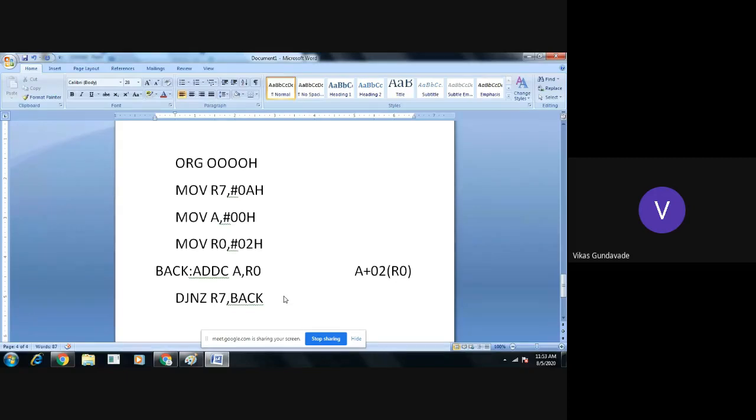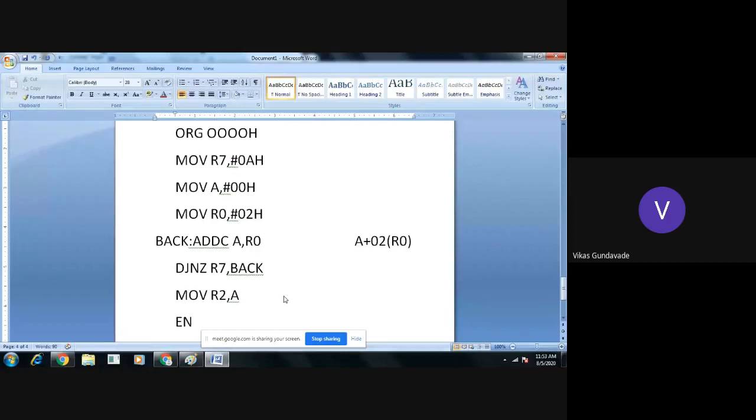And if the counter is 0, I want to transfer the contents of the accumulator to another register, with the instruction MOV R2, comma A. And I will stop the program here. Got it?